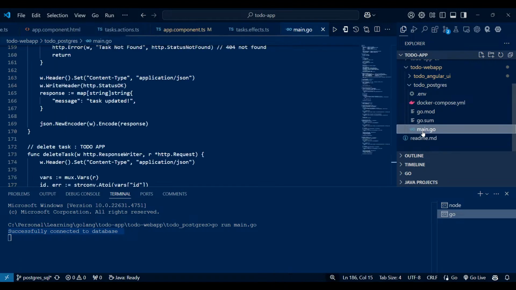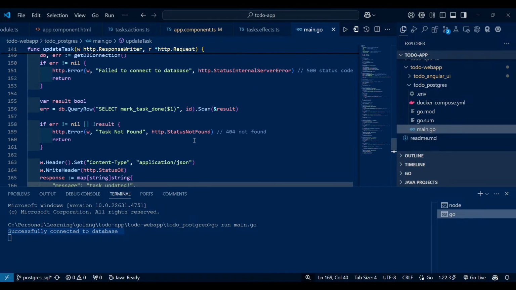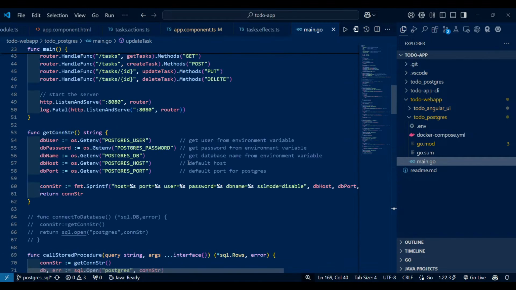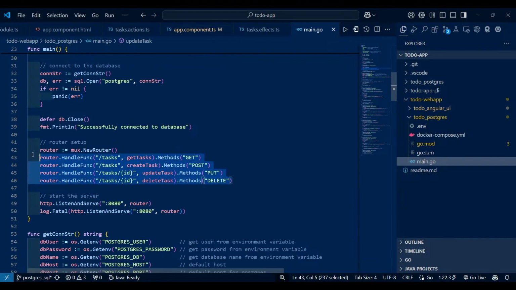Now what we can do here is, in the main.go file, we will set up our CORS related functionality in the router setup. When we make the request from the front end side, at that time we need to enable CORS on the backend side, so that we can make the request very easily from the front end. So we just need to write the code for that. But just before we go with the code, we will set up one package which is called